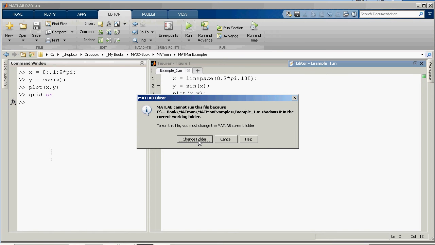Change folder. Oh, okay, so what this is saying is that right now MATLAB can't find that function or that file because it's operating in a different folder. So you can do one of two things. You can create a path to that folder, but it's probably easier just to change the folder. And so that's what I generally do. I change the folder so that MATLAB operates within the folder containing this script that I just wrote. So I click change folder,